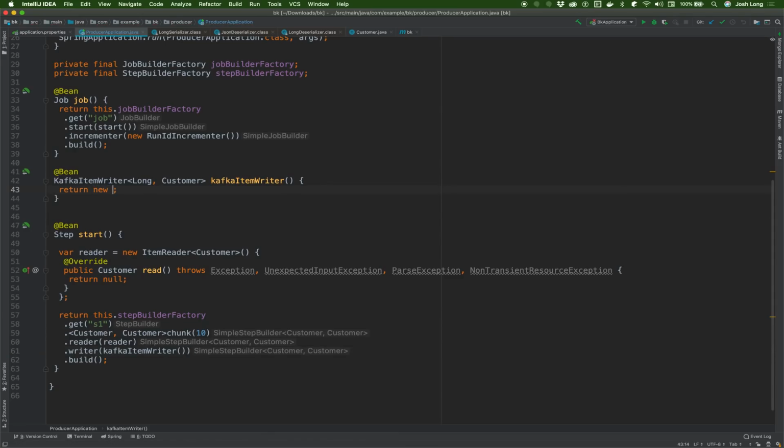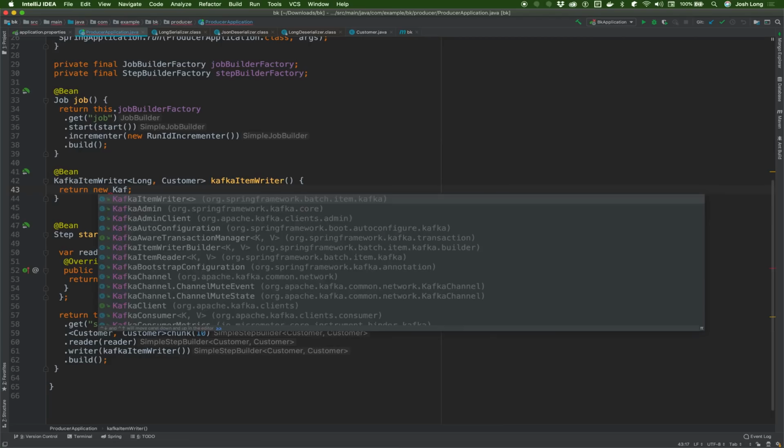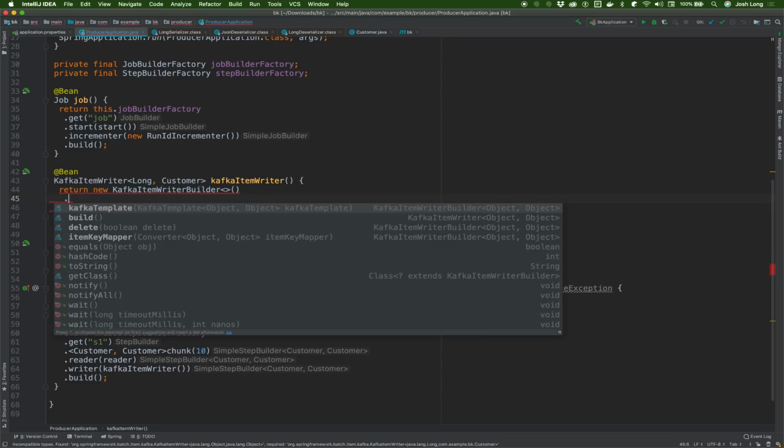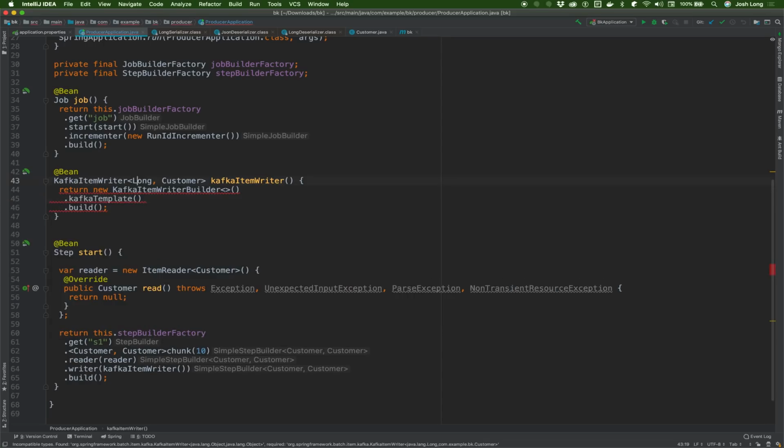We're going to use a builder here. Don't have to do a lot of work to get that to work. Kafka item writer dot the builder, don't we? So Kafka item writer builder build Kafka template. We'll inject the Kafka template parameterized in the same way. And again, Spring Boot's going to automatically configure that object for us